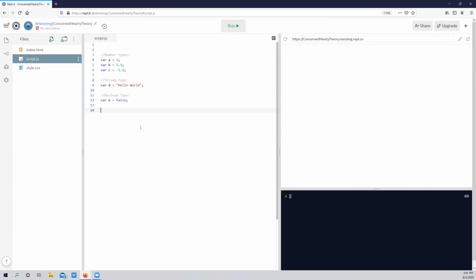In this case, we're either going to be printing into the web page directly, so we make the web page have some text, or we make it print something into this blue box called the console. The console is not seen by the viewer when they go onto your website, but you use the console mainly as a programmer for debugging purposes, if you have a lot of code and a lot of functions in it and you have some problem. So there's several different ways you can output